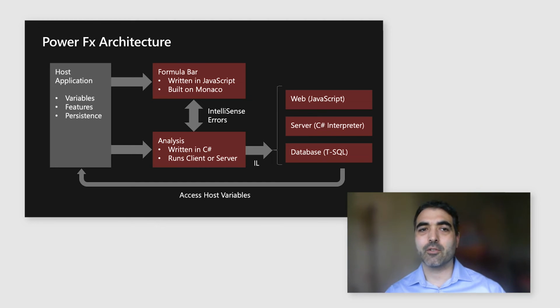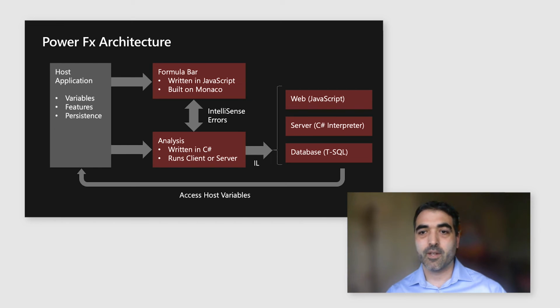So how does this all work? First, a host is going to consume Power Fx to offer a way for makers to customize their application. And we've seen a few examples of that so far. The host will manage the variables in the state and the extensibility points. And then there's a few things that we're providing to enable the host. First, we're providing a reusable formula bar, very similar to the one that you'd see in Canvas and in these other examples that Greg showed, as a React control for hosts and makers to be able to edit the formulas with errors and IntelliSense and suggestions and drop downs and potentially even integration with GPT-3 and these other